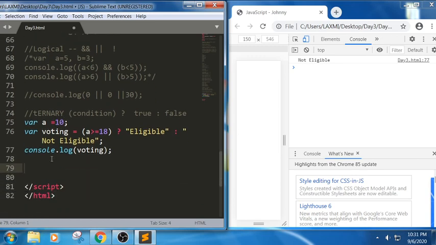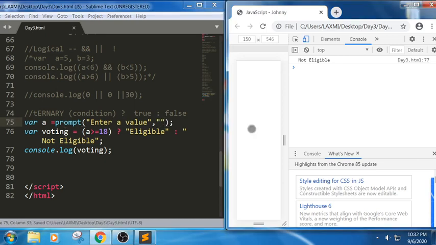So the conditional or ternary operator will have two parts. First part, if it is true, then it will execute the true statements, or else the second part. Based upon this condition, it will execute the first part statements or the second part of the statements. Can we use prompt here, as we have discussed in the session? Enter a value. For example, I want to enter a dynamic value here.